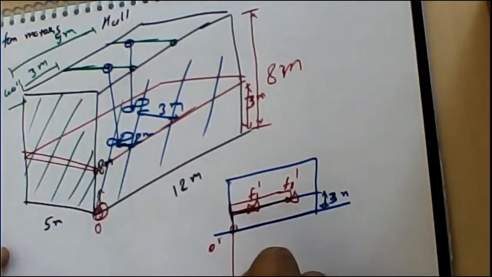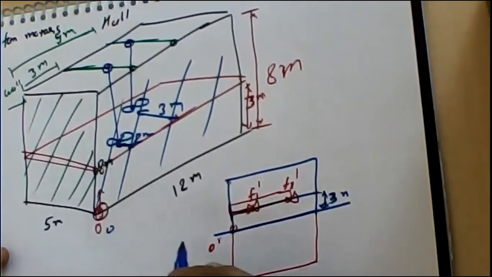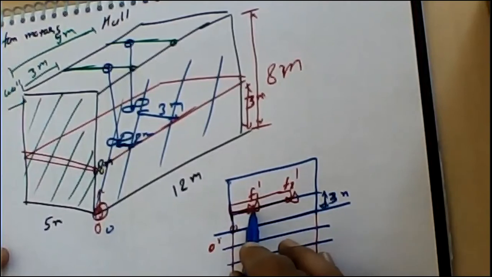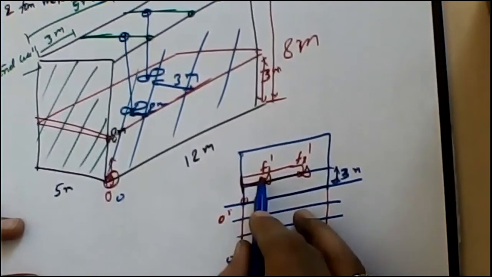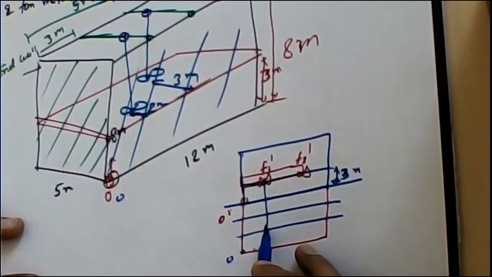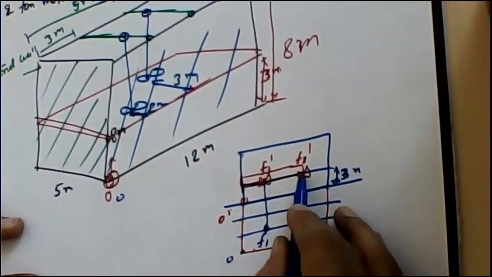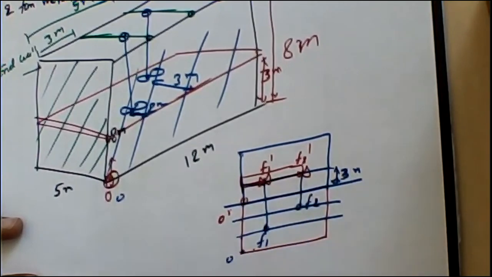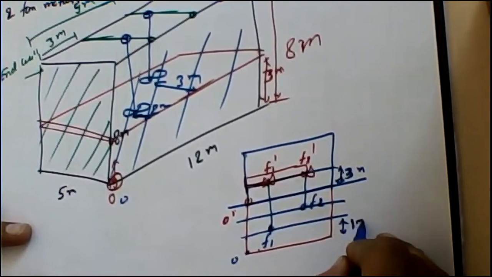Now if I see it from the top, then what is going to happen? From the top, if I'm observing it, the references would be available over here, being 2 meters from here, because this position is going to be called O in the top view. From here at 2 meters I'll be finding a line, at 3 meters I'll be finding a line, and when this particular fan is projected down, I'm going to have F1 over here, and F2 over here, being at 2 meters and 3 meters from the reference.